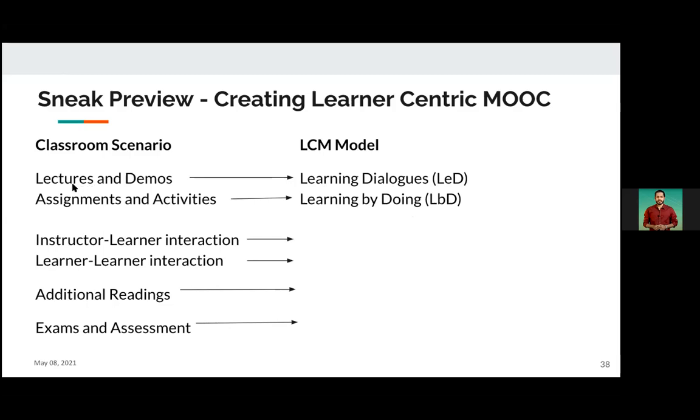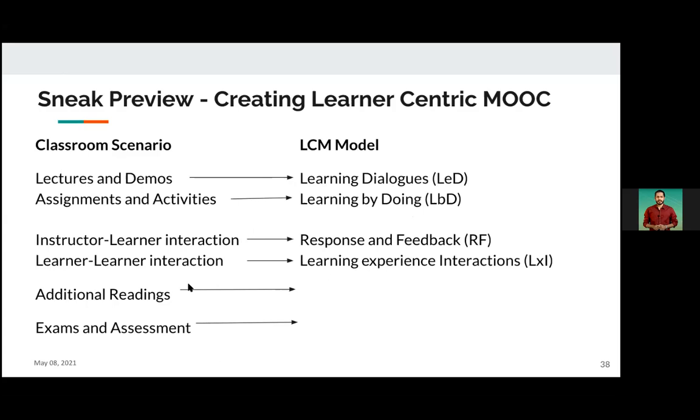So it's not just replication of lectures and demos, but similar terminologies in the LCM model. Here you can have learning by doing, then response and feedback for these interactions. Then we have LXI for learner interaction. Then additional readings can be LXTs, and exams and assessment are knowledge consolidation. Okay.